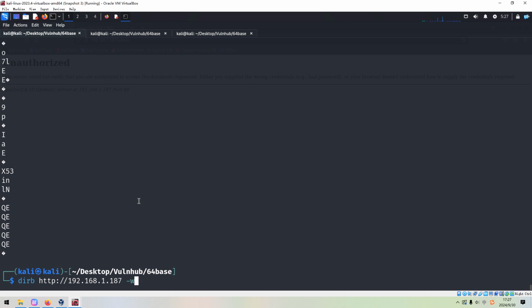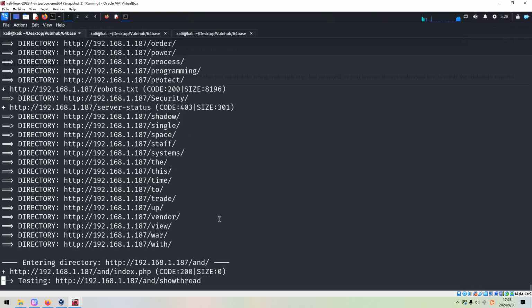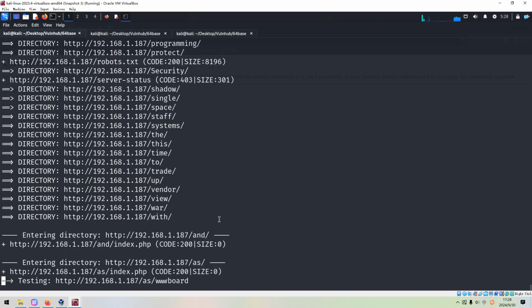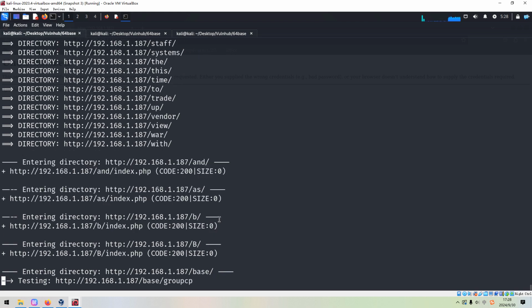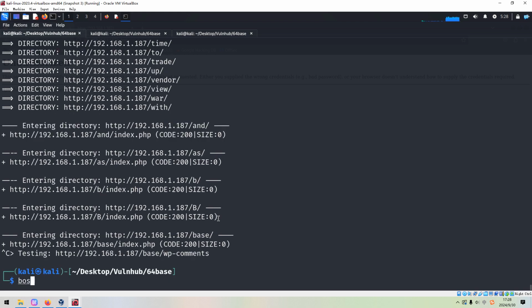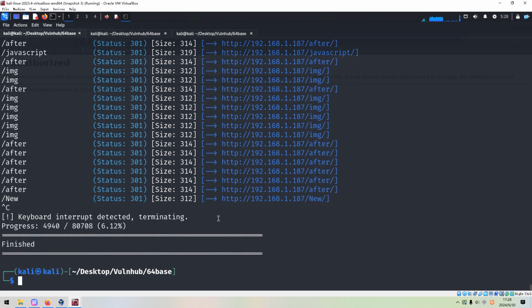And our custom dictionary. Or maybe we can use GoBuster. And press enter. A lot of output.